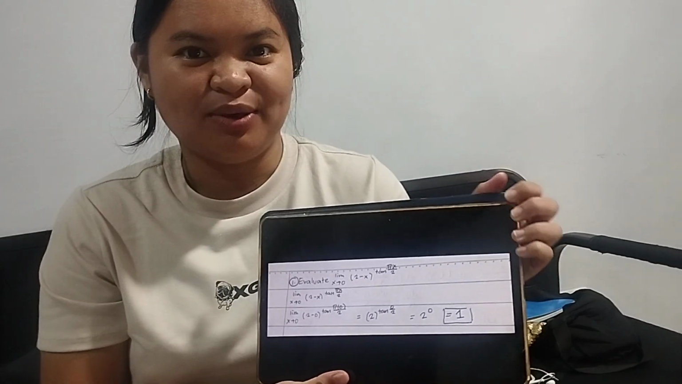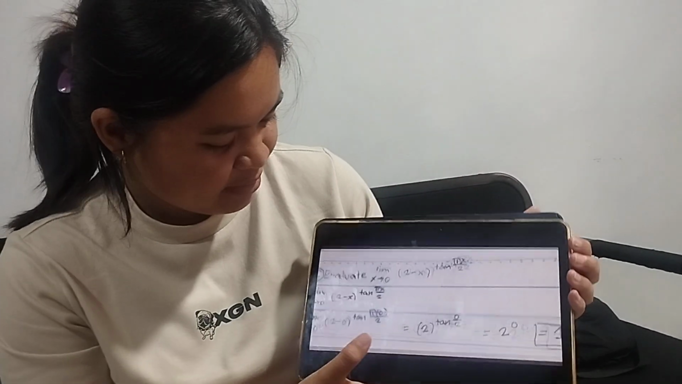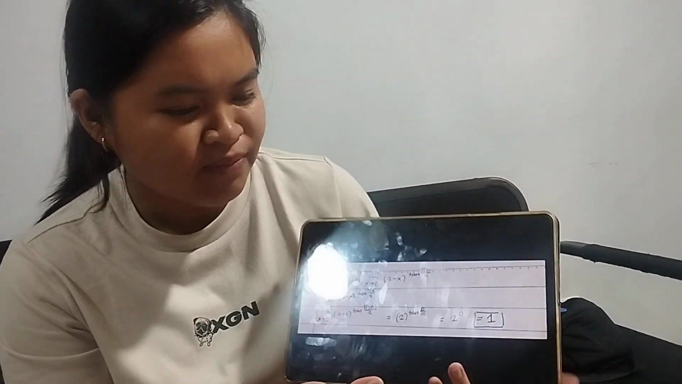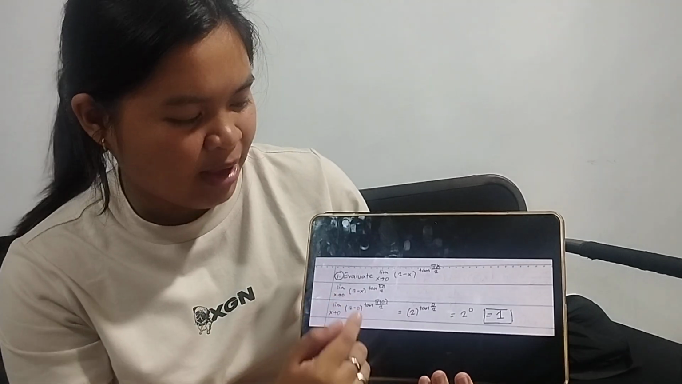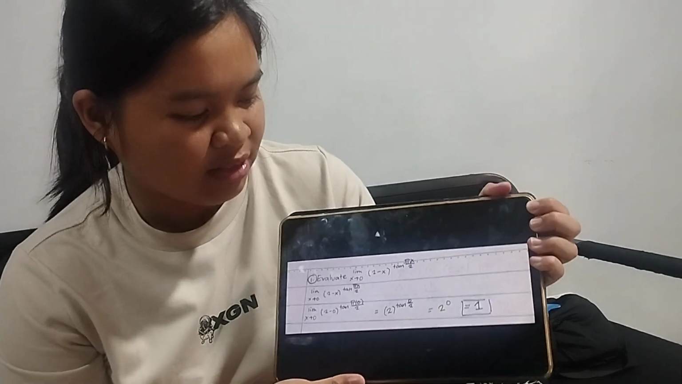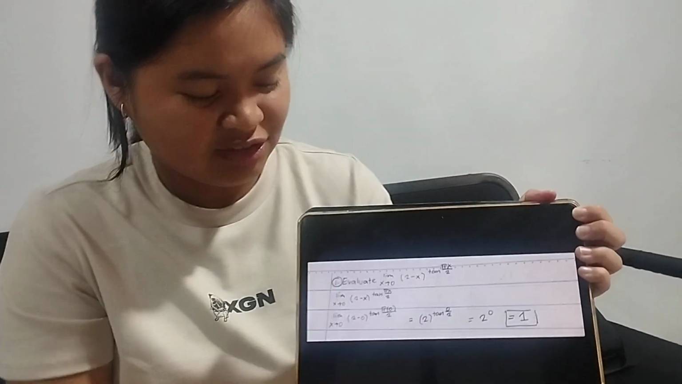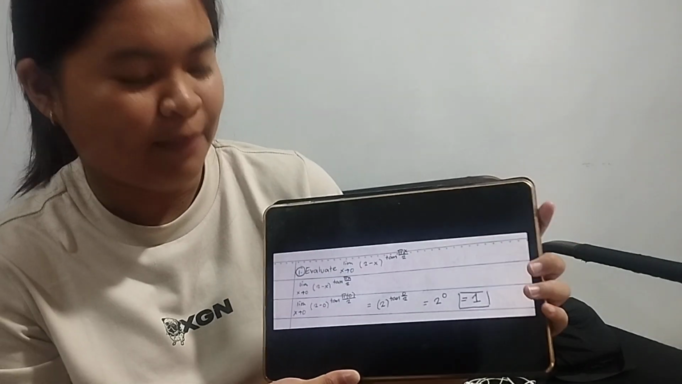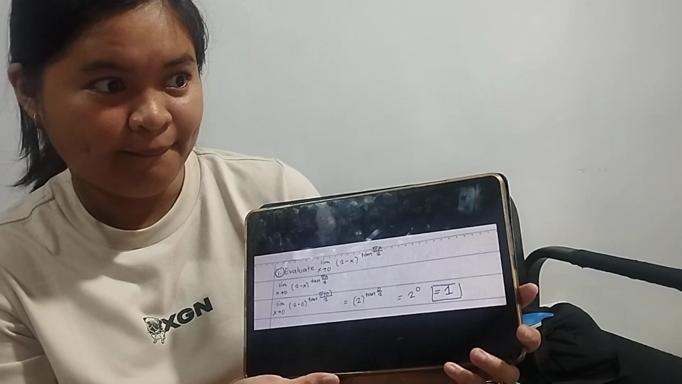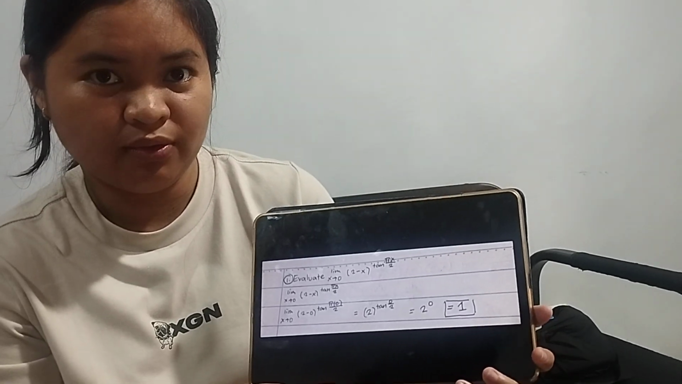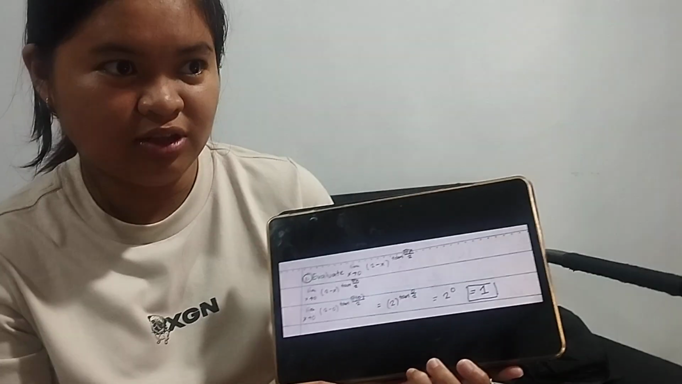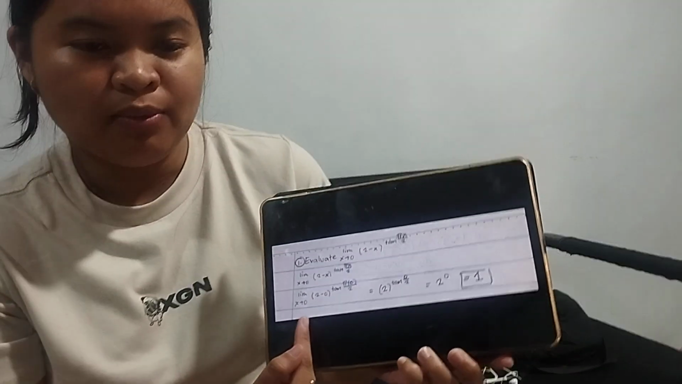So this is the first question, which is to evaluate the limit as x approaches 0 of (2 minus x) with its exponent tan(pi x over 2). So first, as x approaches 0, you need to substitute x with 0, which